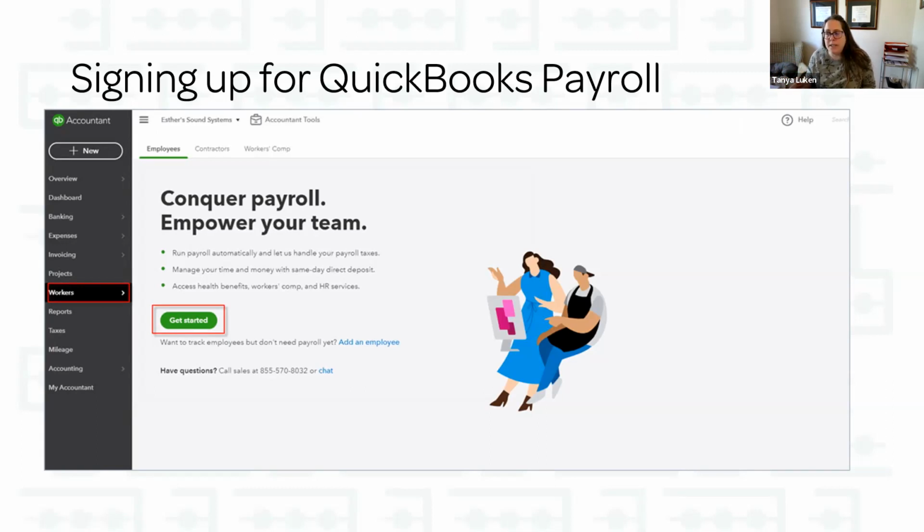So a quick word about those things is most of the time when you hire the ADPs and the Paychecks of the world that process payroll for small businesses, or a lot of those small business payroll companies, when you sign up with them, their job is to lure you in the door with payroll, and then they sell you all these extra things. So just be aware that sometimes those extra things are more expensive because you're buying them from a payroll company instead of buying them directly from whoever the provider would be, like workers' comp, for example.